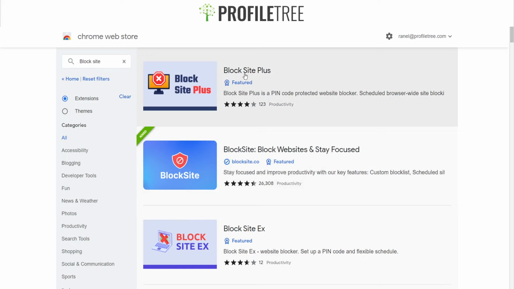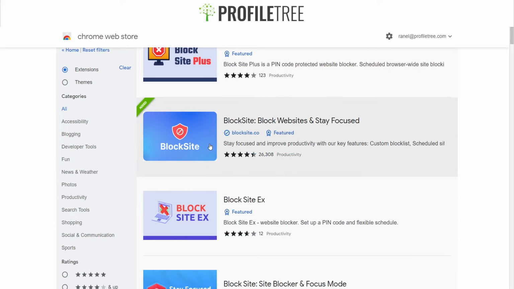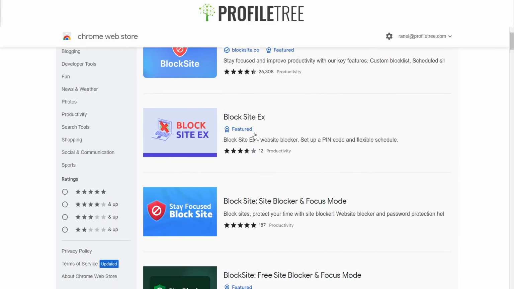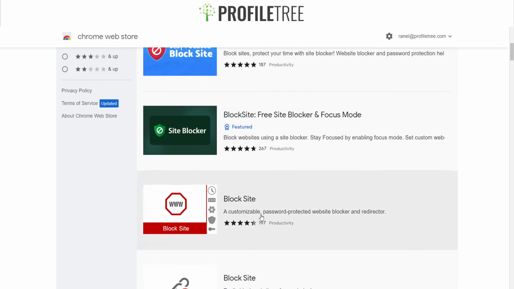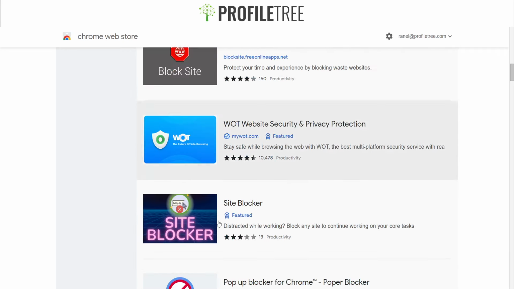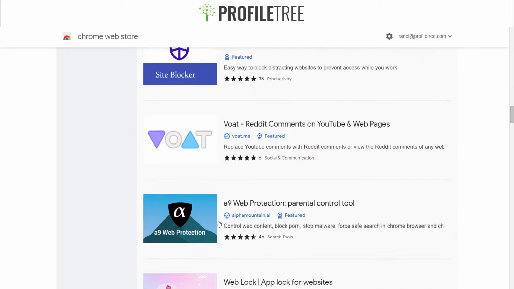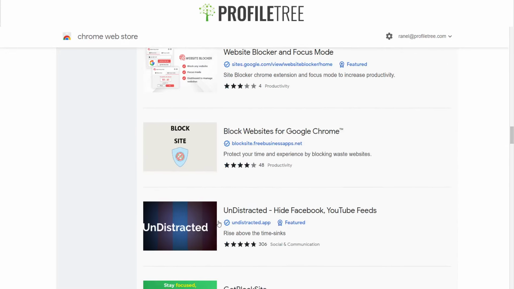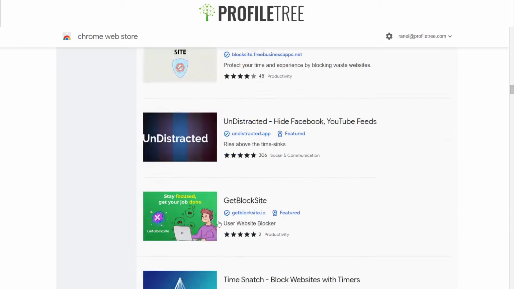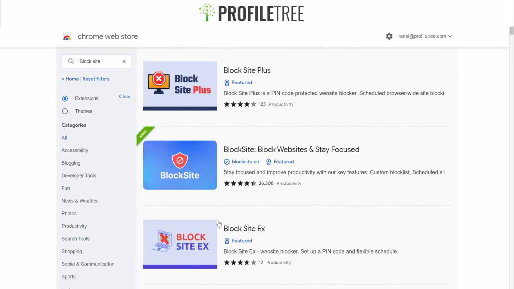So of course we do have some other ones there, which is Block Site Plus, Block Site, Block Websites and Stay Focused, Block Site X, and a couple of other ones there. You want to maybe stick to the ones that are actually featured by Google themselves. And of course some of these will have to be paid for, so just be aware of this. There is a sort of subscription to go through, especially if you want to avoid any sites